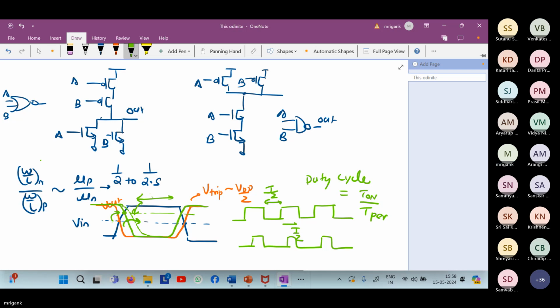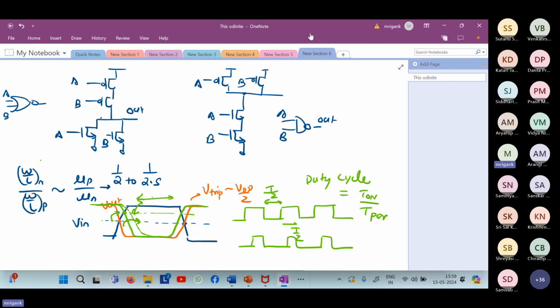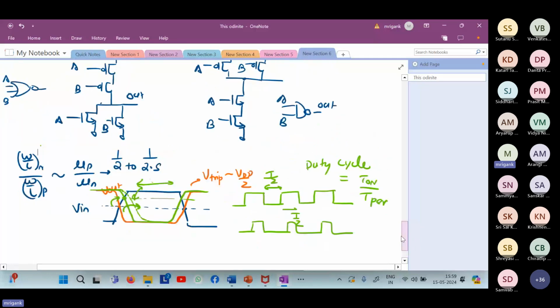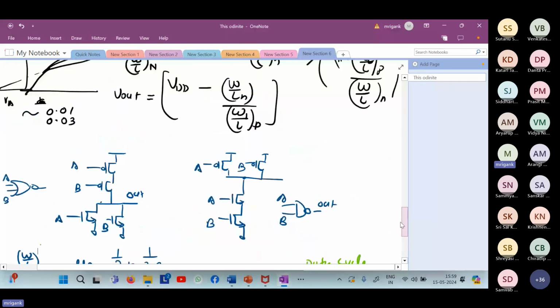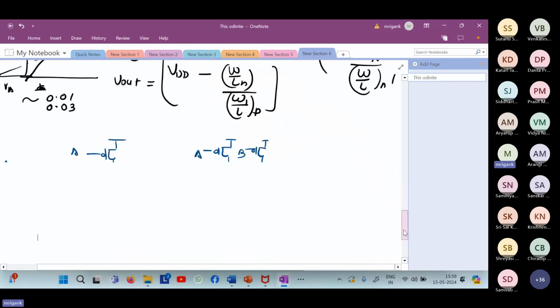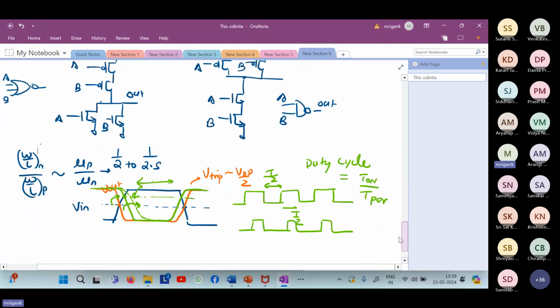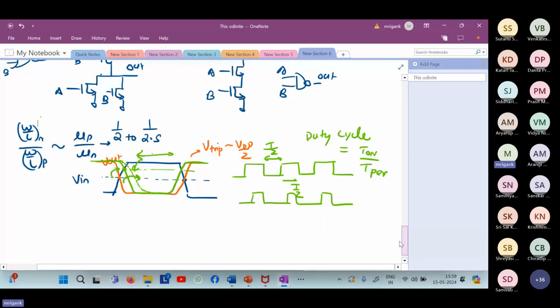So going further, I am hoping that people are understanding, because I'm not getting many questions. One or two people have asked. Most of you are silent. And I'm also assuming that people have gone through the rabbit chapter. If you had gone through the rabbit chapter, some of these things will be more understandable. Some things I have tried to go fast, assuming that you have gone through the rabbit chapter, because you have got enough time.